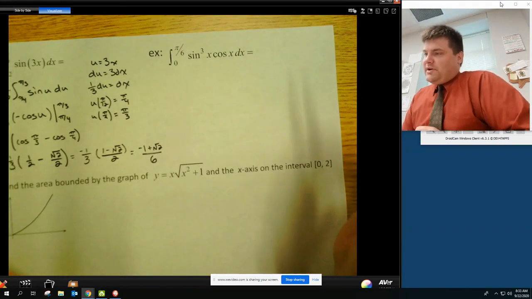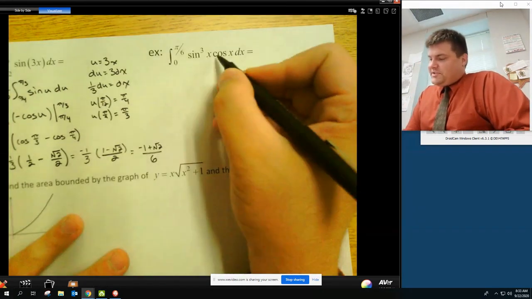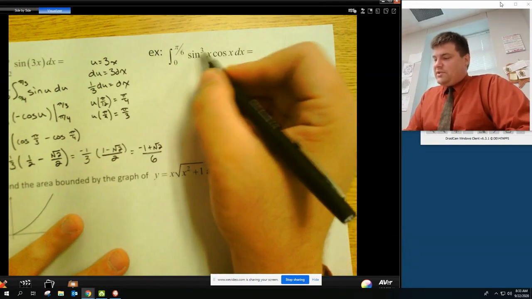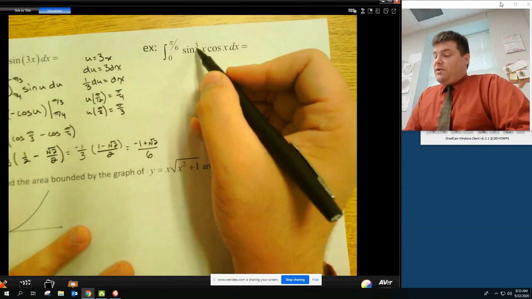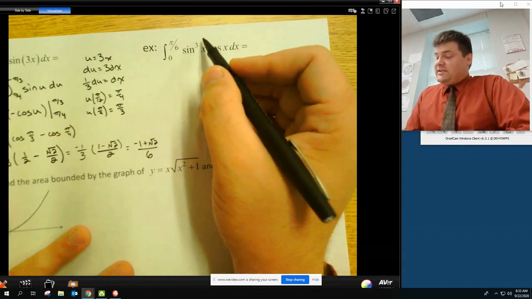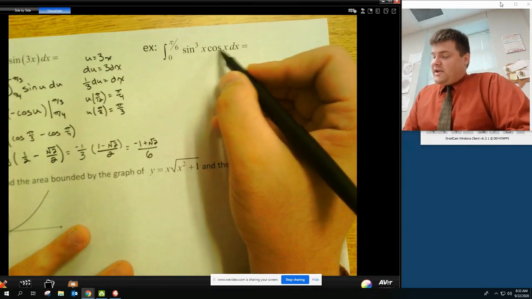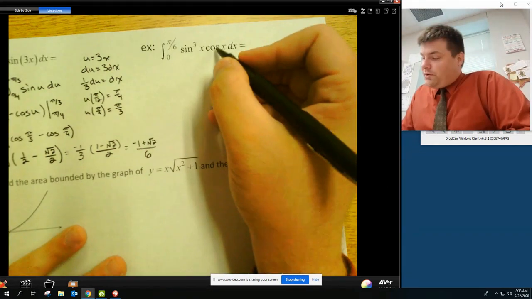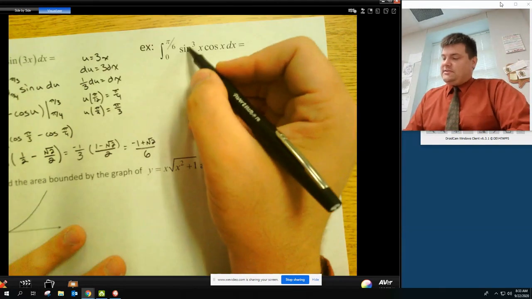Next example, a little bit more trig here. Tricky part is going to be getting rid of this cosine x dx. So in order to get rid of this cosine x dx, I have to let u equal sine of x. I don't let u equal sine cubed of x because it's not going to knock out a cosine x dx. It's actually going to give me more issues. Or if I let u equal cosine, I'm not going to be able to knock out this sine cubed x